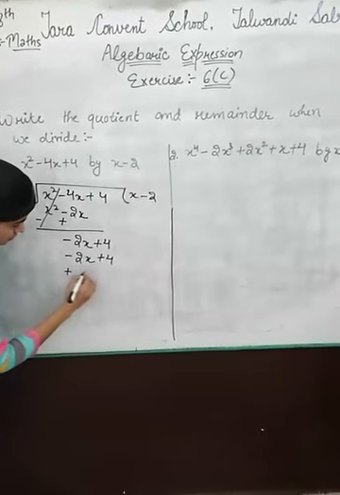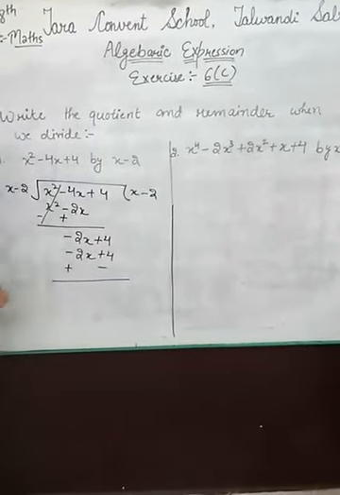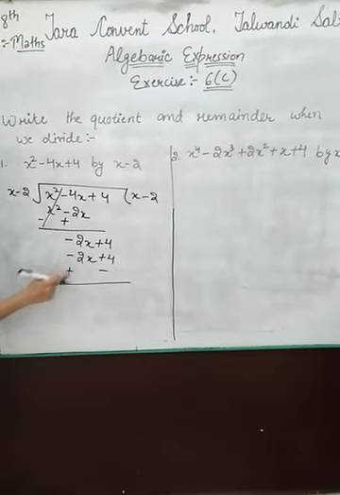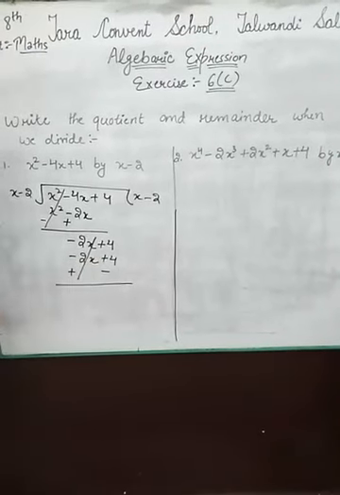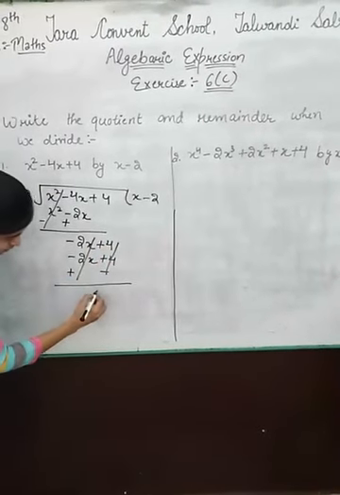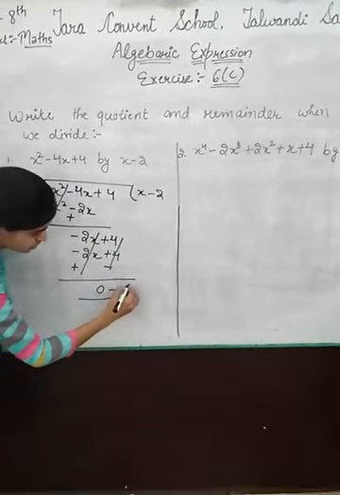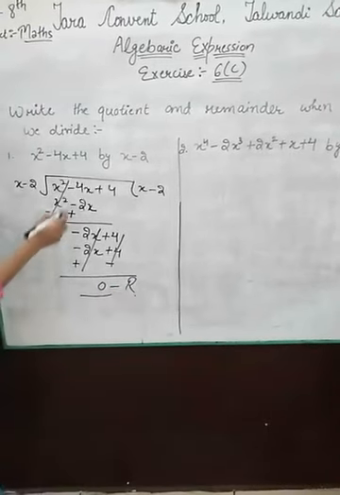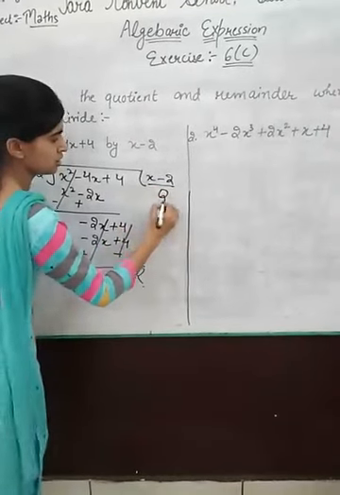Okay, then change the sign, subtract these both. Minus 2x plus 2x, cancel these both. Plus 4 minus 4, cancel these both. We will get here 0, meaning this is your remainder. Remainder is 0 and this is your quotient. Quotient is